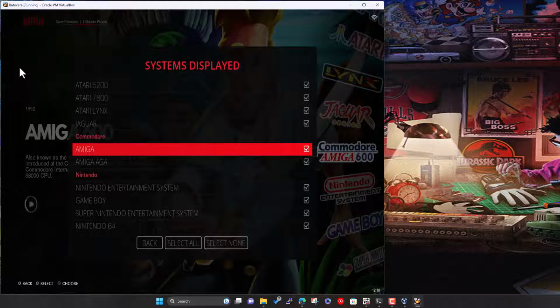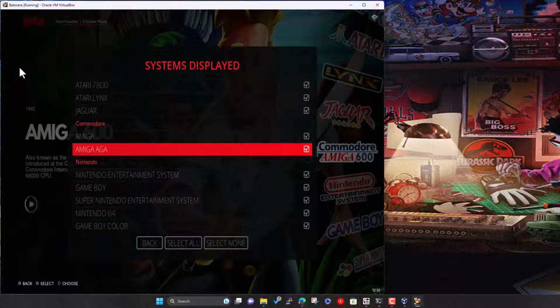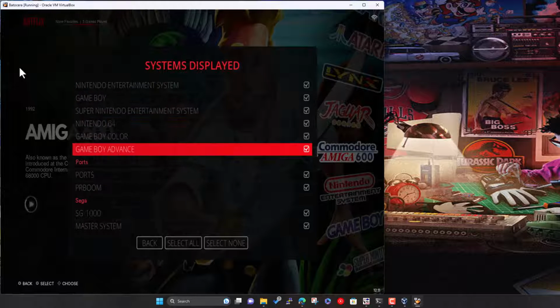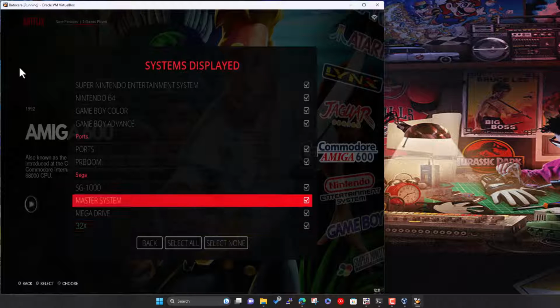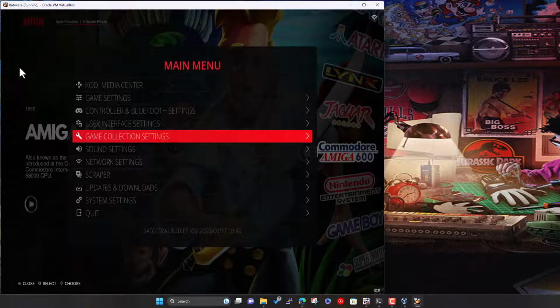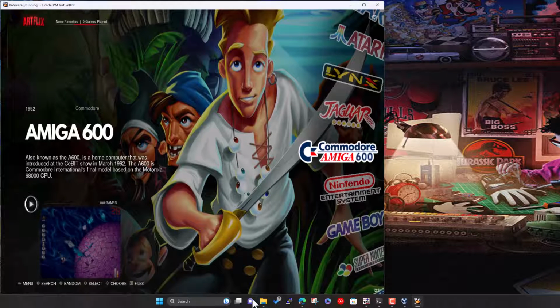Yeah, so Retrobat displays them as Amiga and AGA, which is so the 1200 had an AGA graphics chipset, which gave you more colours and basically better graphic performance. So yeah, that's them all added. I was just going to double check quickly